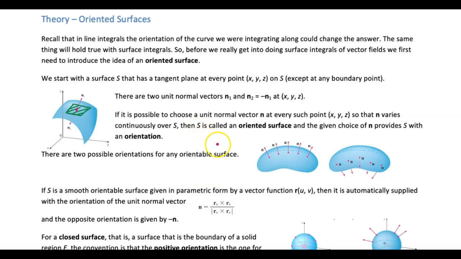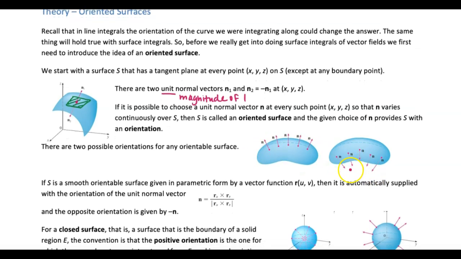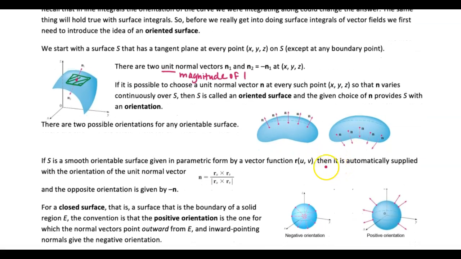And so if we find a unit normal vector, and remember, unit just means it has a length of 1. So a unit normal vector has a magnitude of 1, so it's a normal vector with a length of 1. We can find a normal vector at any point on this surface, and we can call this an oriented surface. Now we've got two orientations. We've got n pointing upward and we've got n pointing inward. And we know how to find n because we know that, back to this example,